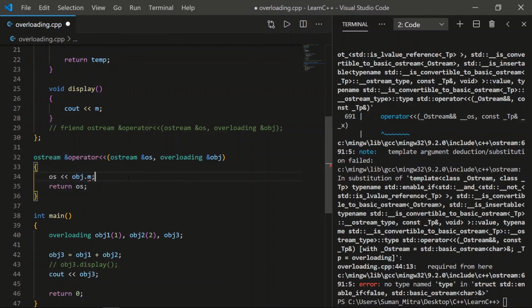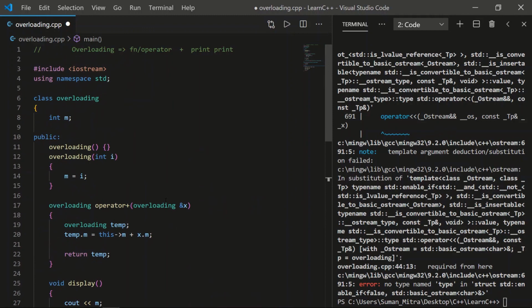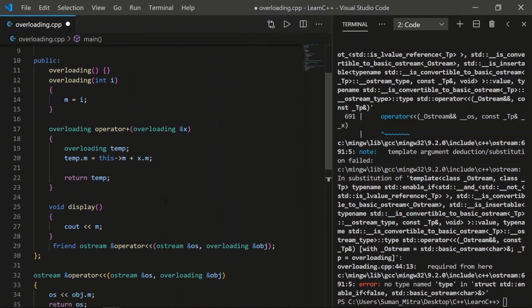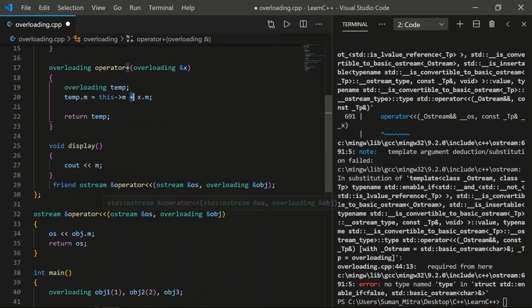So overloading is very useful because there are many things we can't do otherwise. I told you about plus minus and this operator. There are many more you can see on the internet. I just gave you the main types that are generally used, so you can use them whenever you need. The most used are expressions like plus, minus, increment, decrement, and this is also used. And there are some more you can see on the internet.